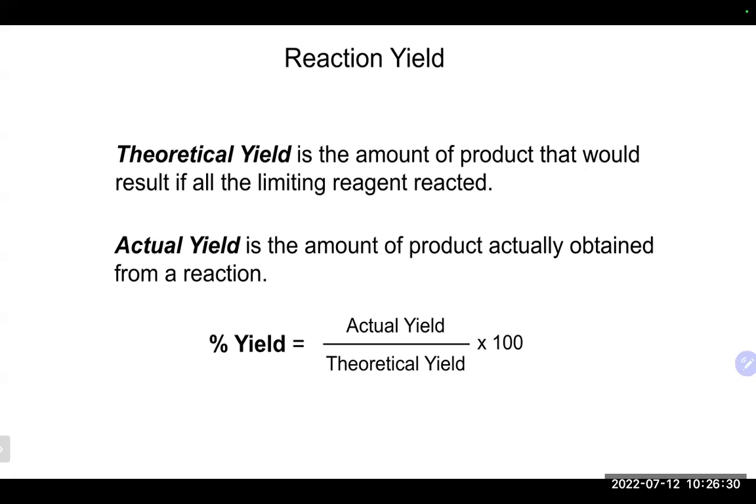Can you have over 100% yield? The answer is yes, and it also means that you probably screwed up somewhere along the way. A very common way that people get over 100% yield is in experiments similar to what we did. For example,